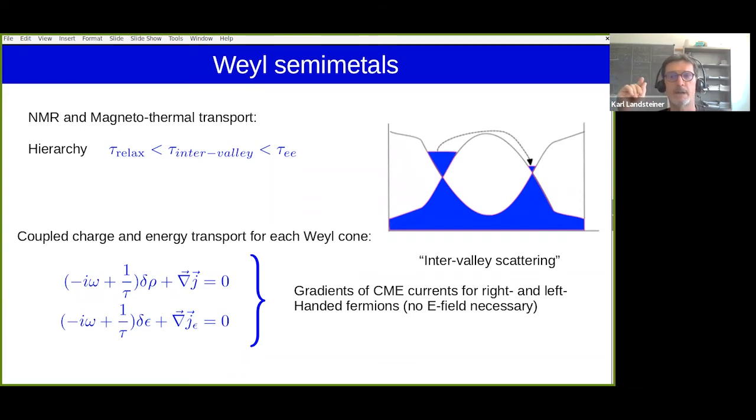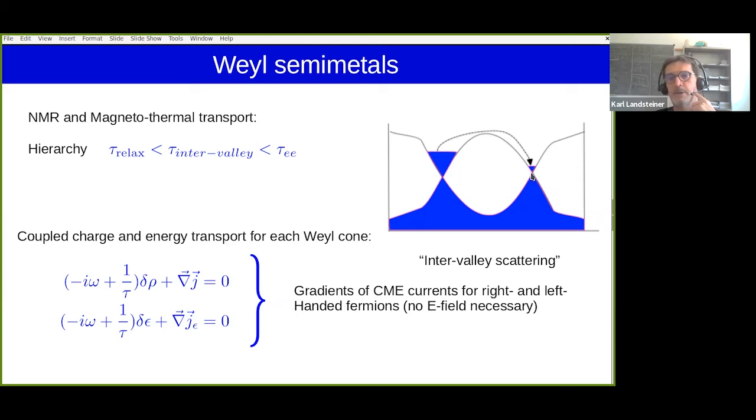What you have to do is go slightly out of equilibrium, but not very far, into a state which is called local thermal equilibrium, which you can still describe in terms of a temperature and in terms of chemical potentials. What's also important is that in these Weyl semimetals there is an effective low energy description in terms of chiral fermions. But of course, they are not really chiral fermions at all energy scales, because if I take such an energy band here and follow it up to high energies, it eventually bends around. If I take an electron and move it over here and back down here, it starts as a left-handed fermion, then it turns around, loses all its notion of chirality, and comes back here